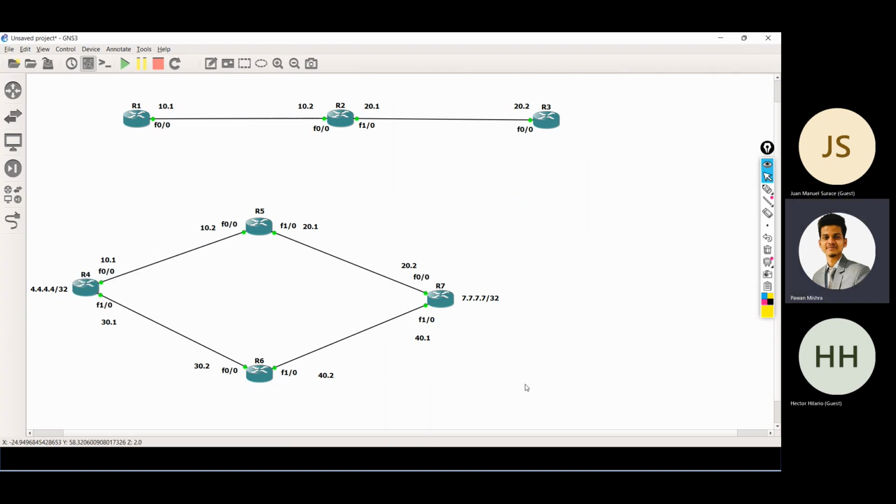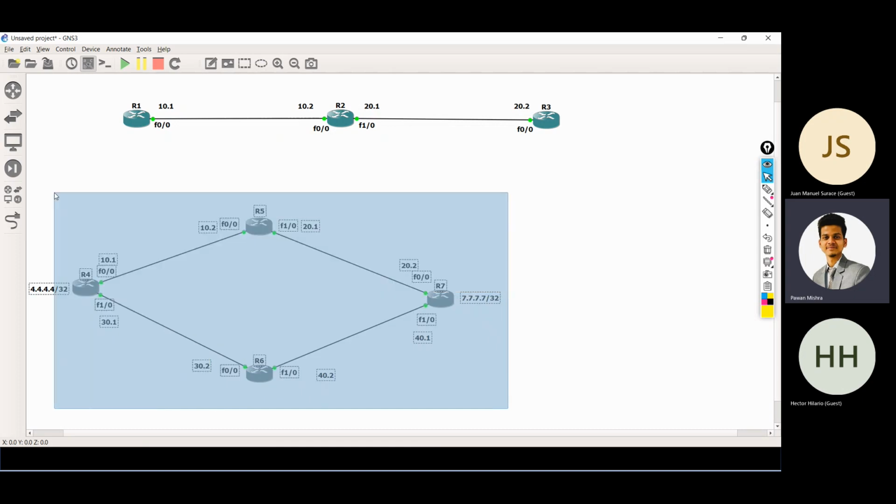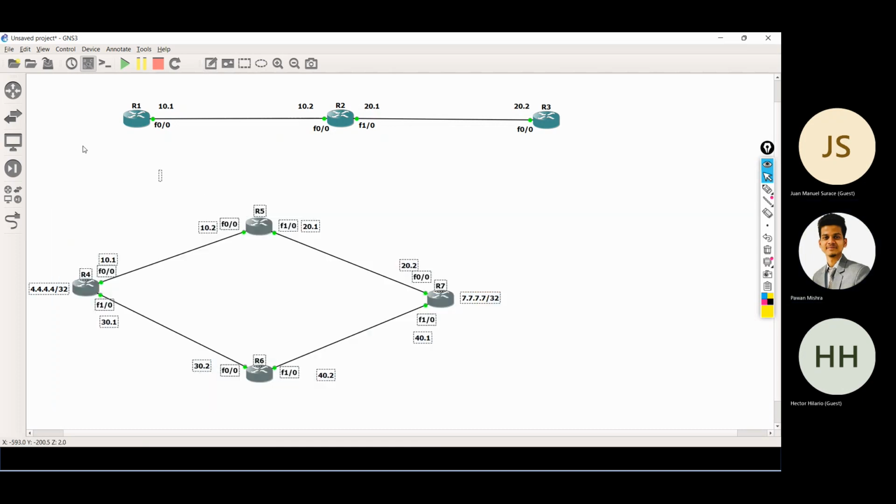Correct. So now I'll show you first of all what I'm configuring here: iBGP direct neighborship, then indirect neighborship using physical interface first. Okay, done. On both